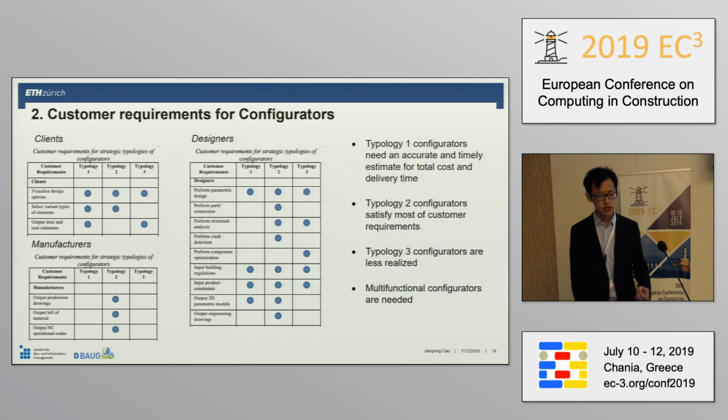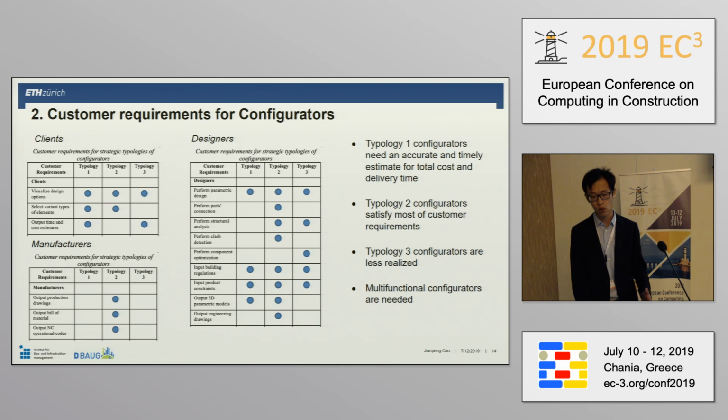And to support the selection of configurators, we further match the above 3 typologies of configurators with requirements from clients, designers, manufacturers, and assemblers. Here, I just clip a part of the result from my paper. Some specific takeaways include that typology 1 configurators need an accurate and timely estimate for total cost and delivery time, because it is usually the case at the early stage of the project that there's limited input. And typology 2 configurators,